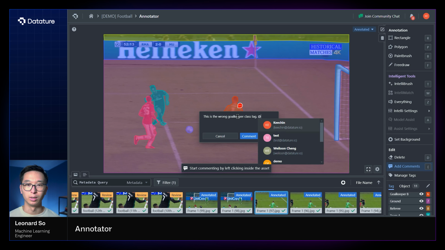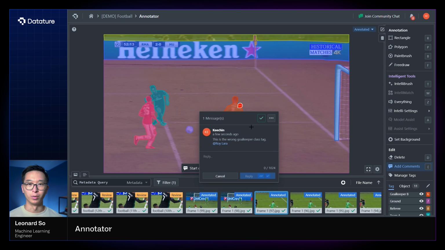You can also add individual users, so this will directly notify that user that you've selected. So you can see the list of people who have access to this project, and you can add any one of these people. Once you've made that comment, it will now be visible, and users who navigate to the image